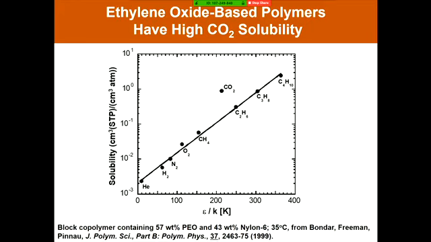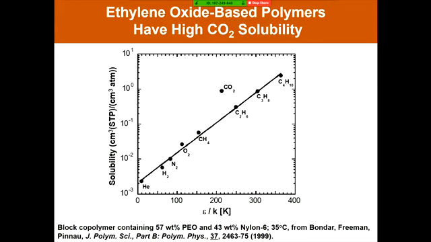This is a plot of gas solubility as a function of the Lennard-Jones well depth of the gas molecule. You could also use critical temperature or delta H of vaporization. Typically, if there are no specific interactions between a gas molecule and the polymer, you'll see solubility rise very regularly in a line on a plot like this. Same thing would be observed if you plotted this not for a polymer, but for gas solubility in water. There would be a line just perfectly parallel to it. Gas solubility in hexane would also be parallel to that.